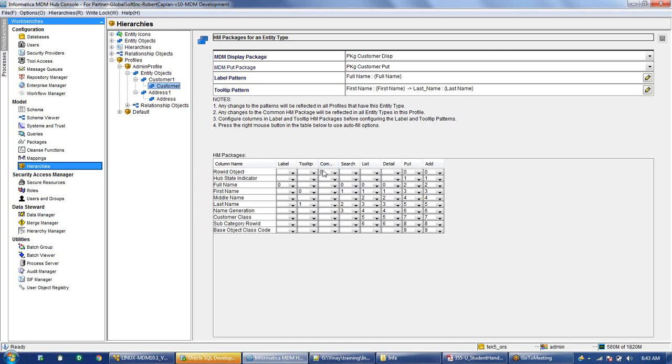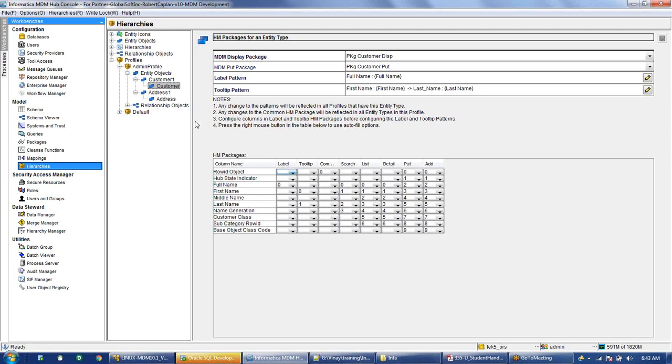And then we have a common section where we just need to select the BO object, and then based on the requirement, we can select the search, list, detail, put and add options here. We just need to ensure that we are selecting in a particular order. Even if there is a gap, that is fine, but the order should be correct and we cannot have duplicate numbers here. These numbers come based on the number of columns you have here, and it will show that many numbers starting from 0. Here it is showing 0 to 9 because we have only 10 columns available.